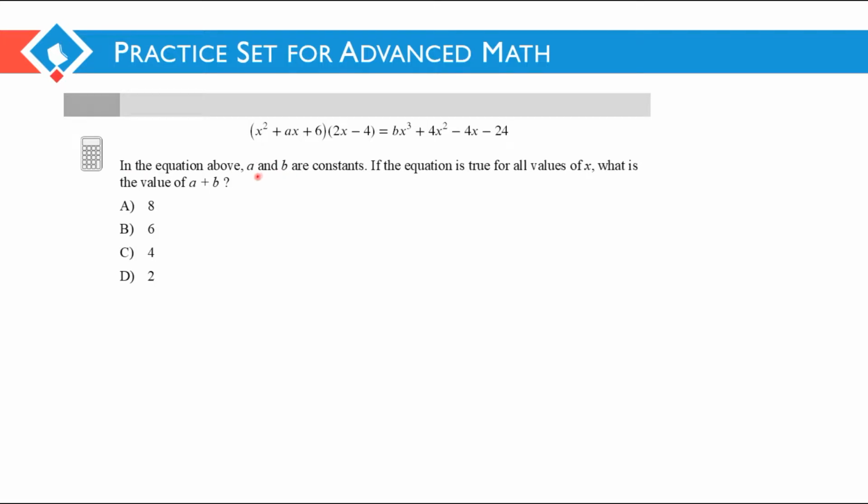In the equation above, a and b are constants. If the equation is true for all values of x, what is the value of a plus b? So in this case, we're looking for a plus b, and I'm going to start by distributing the left side